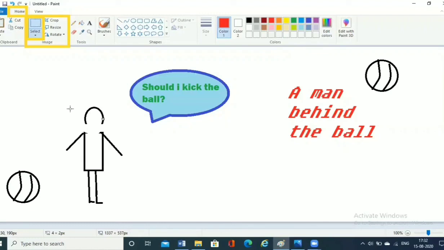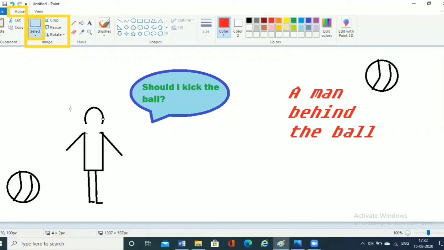Why do we actually do selection of the image? We do the selection so that if in our drawing we want an image to be repeated again and again, then we can use the selection tool. Once we use the selection of the image, we can make multiple copies of that particular image. So for that, we generally use the selection process, under which we can copy an object and we can move an object.